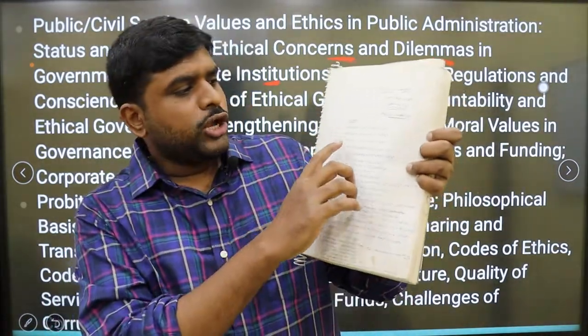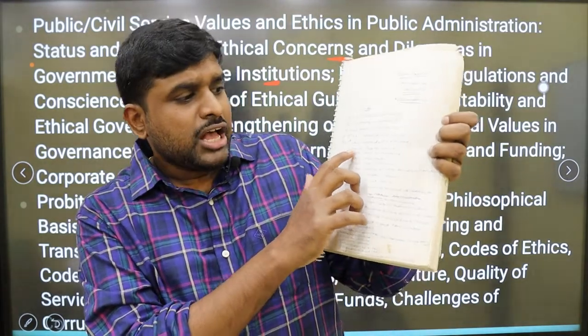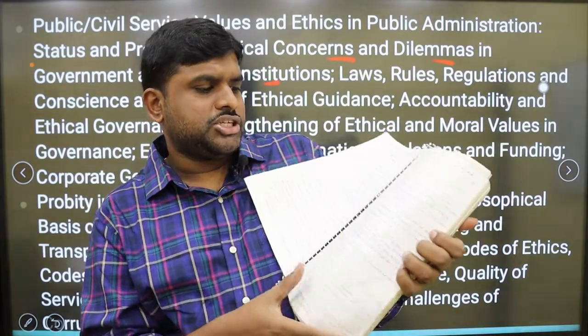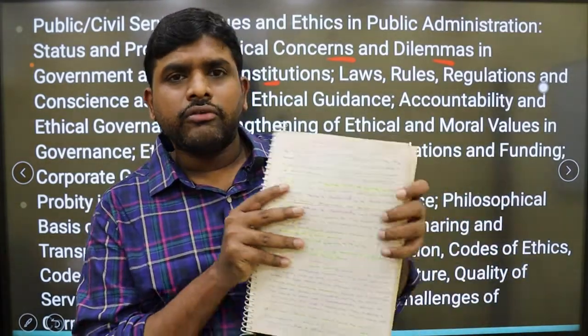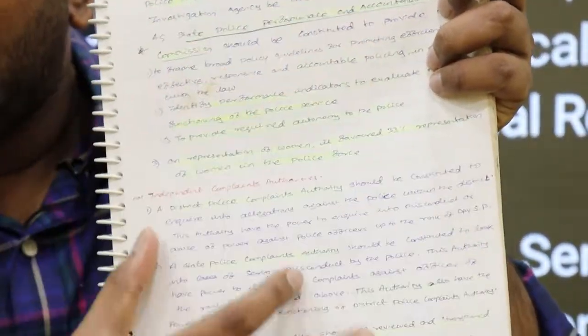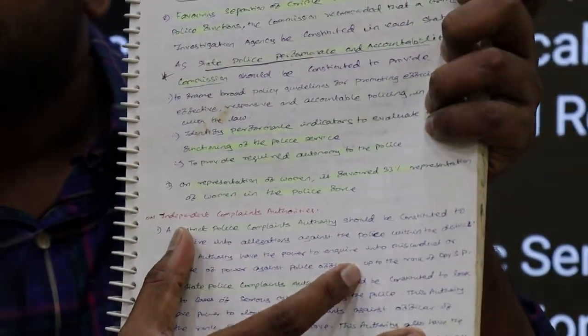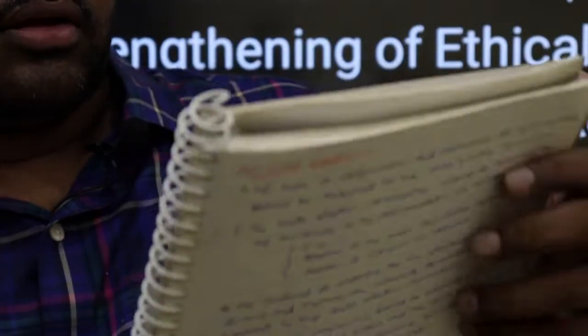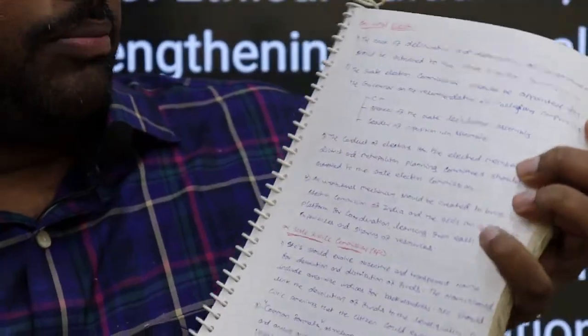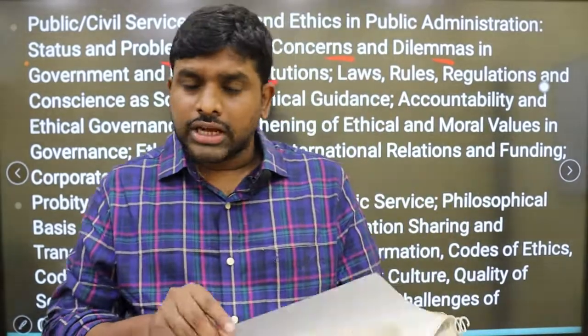All the committee recommendations: AD Gorwala, first Appleby, second Appleby, first ARC recommendations, Second Administrative Reforms Commission, first report, right to information. Just open the page. Each report, for example the fourth report, the fifth report, sixth report, seventh report, ninth report, social capital. Make a handout, make a write-up: this is the content, this is the information. Like that. What are all the commissions you have to cover?